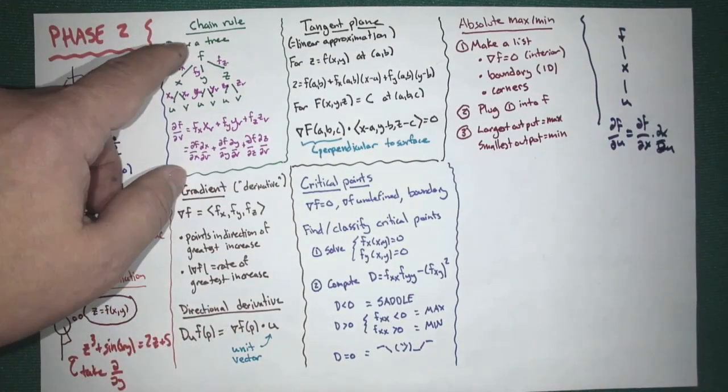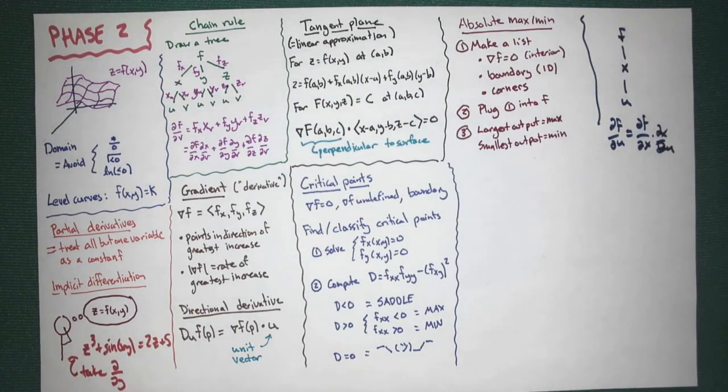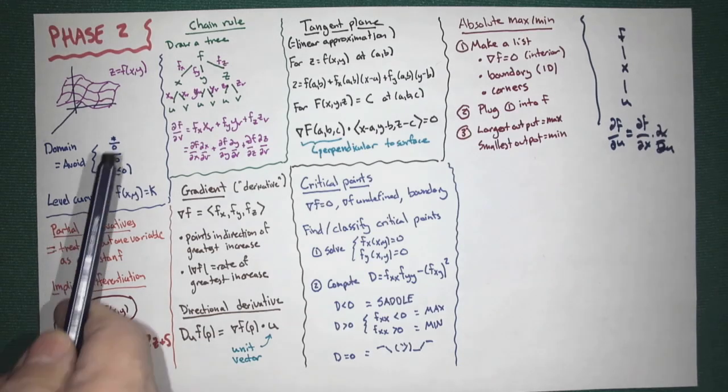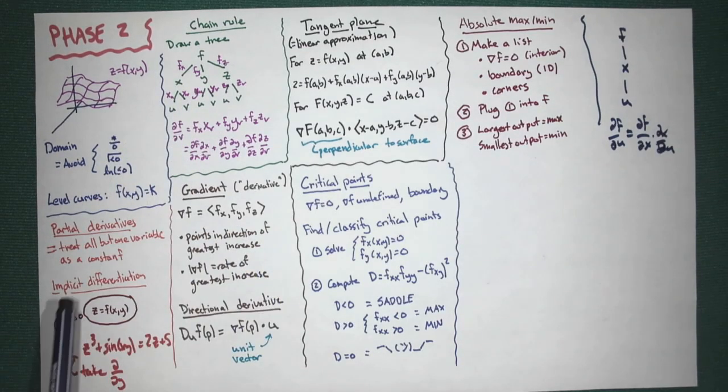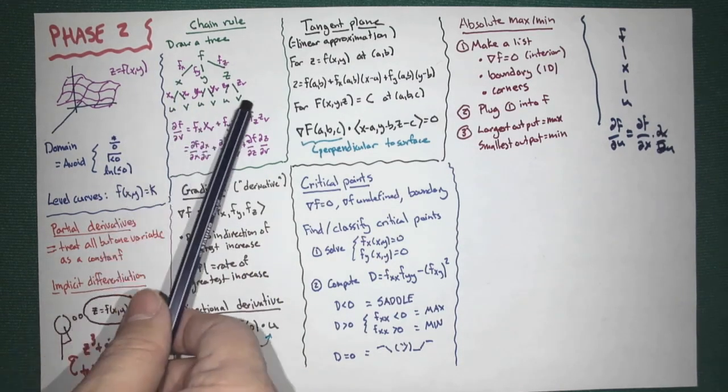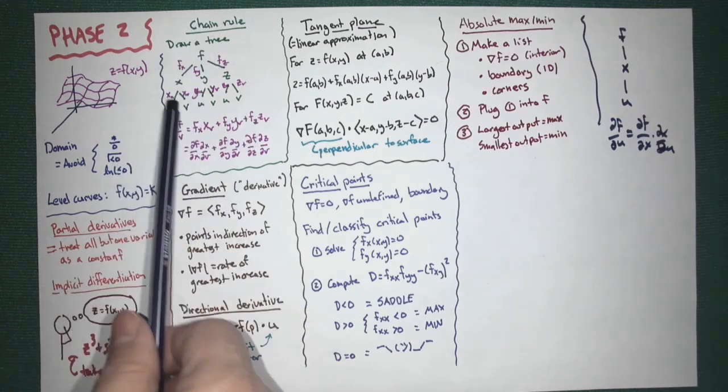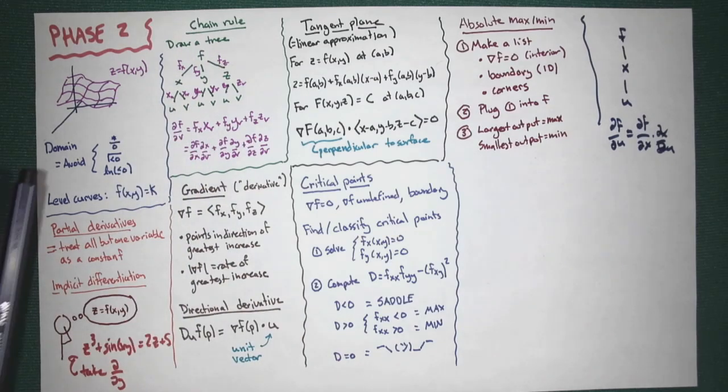But now we could have a function depending on multiple variables. Maybe it depends on x, y, and z. And maybe each of those depends on variables u and v. So you have a decision tree. Well, not quite a decision tree, but this variable tree. And now you can use that to say, how do derivatives relate? So you start saying, well, if I want to find the derivative of the